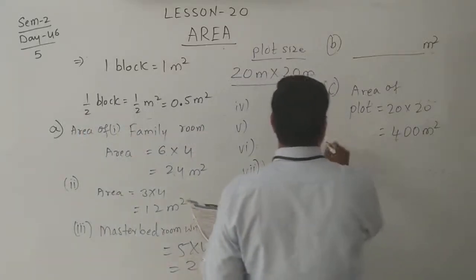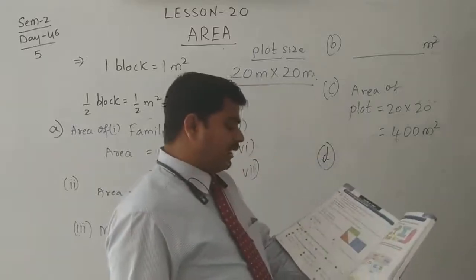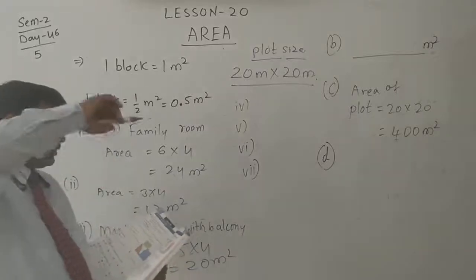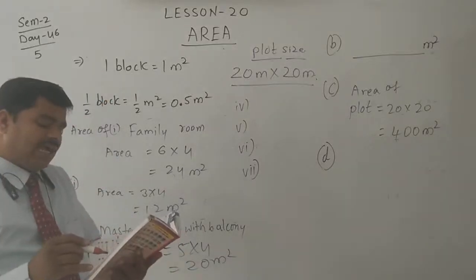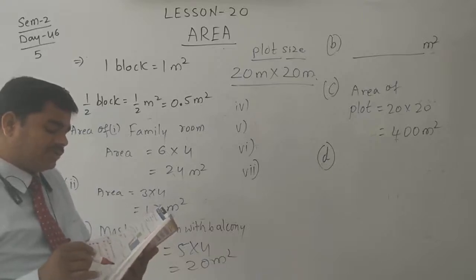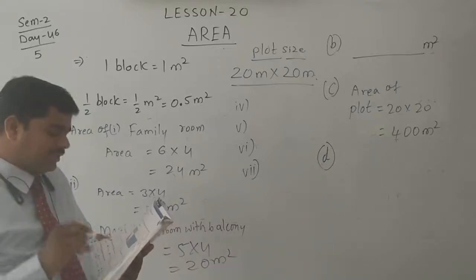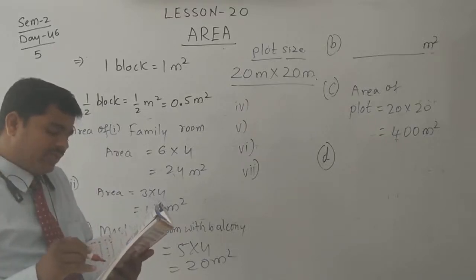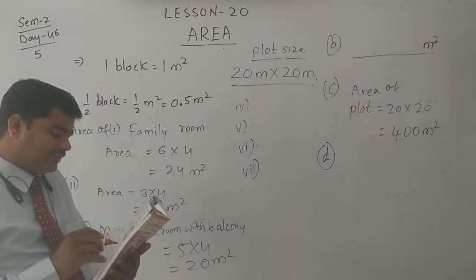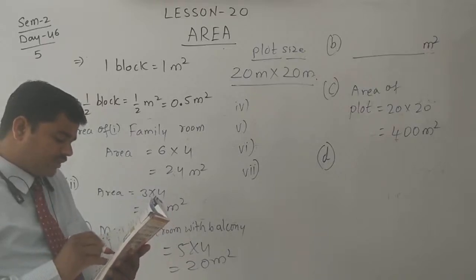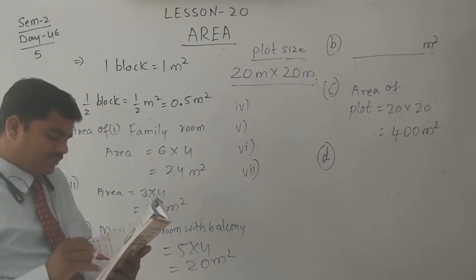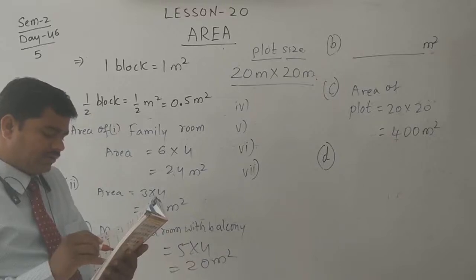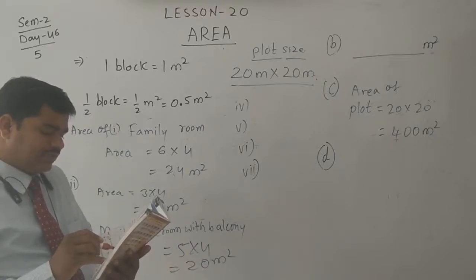Then next, D. D question is perimeter of Minty's house. Perimeter we can calculate very simply. The sides' length, how many are there, we can count and calculate. The side of each block is 1 meter. Then total how many meters it will come, we can calculate very easily. Here 1, 2, 3, 4, 5, 6 and 6 meter, 7, 8, 9, 10, 11, 12, 13, 14, 15.